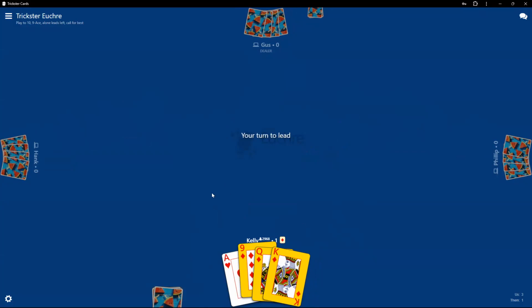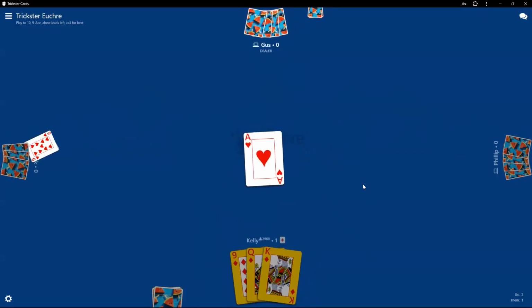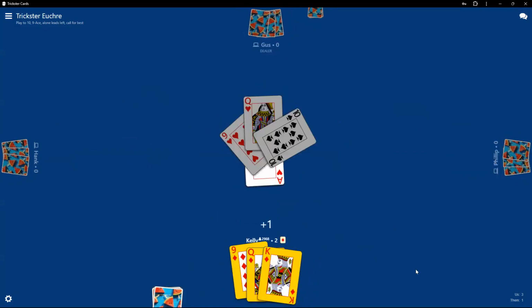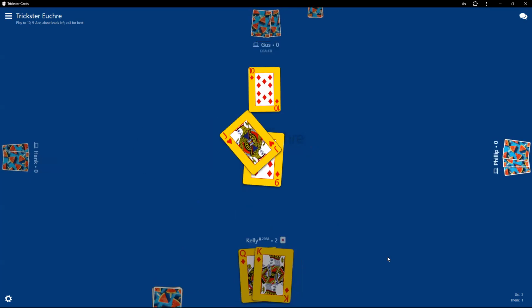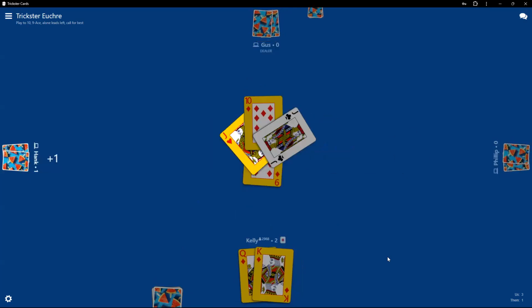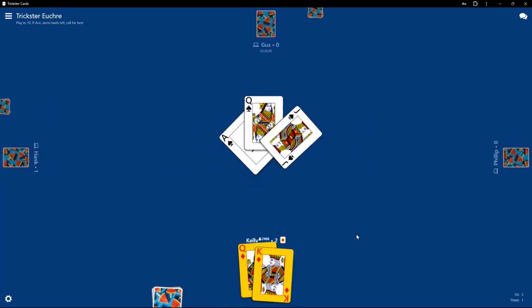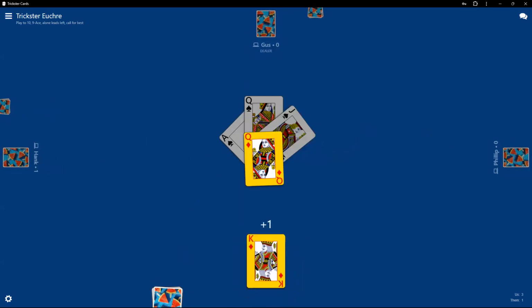Now it's wanting me to play the 9 of diamonds, and maybe it knows something I don't, but I will almost always play my ace. Now it's wanting me to play the 9. You know what? I'm going to listen to it this time. I didn't last time. That was expensive. So this person has no trump. You know what? I haven't been counting trump. So I'm definitely going to get my point.